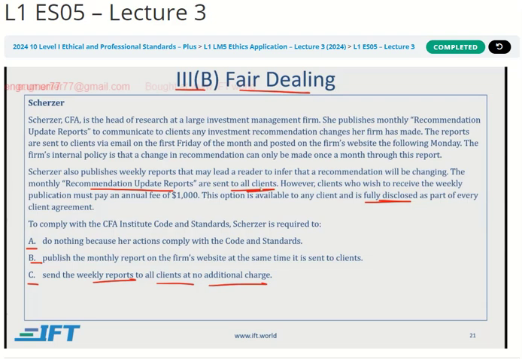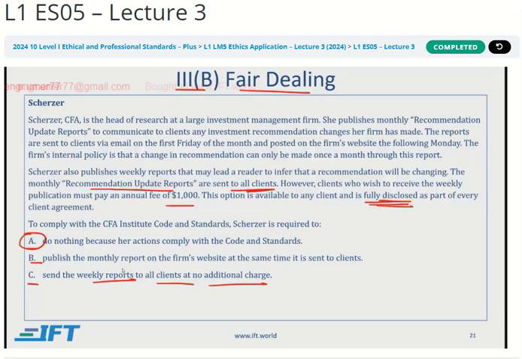So all the clients are treated the same way, and all clients have the option of paying $1,000 and getting extra service, and this is fully disclosed. So what the company is doing and what Scherzer is doing is in line with the code and standards. Therefore, the best option is A, which is that she is already complying with the code and standards.